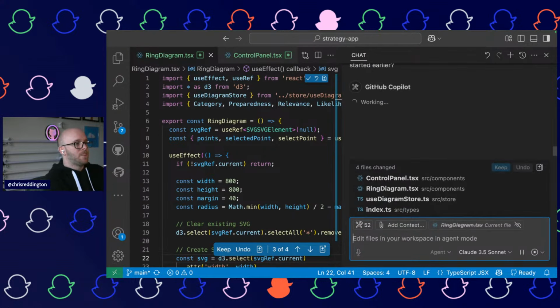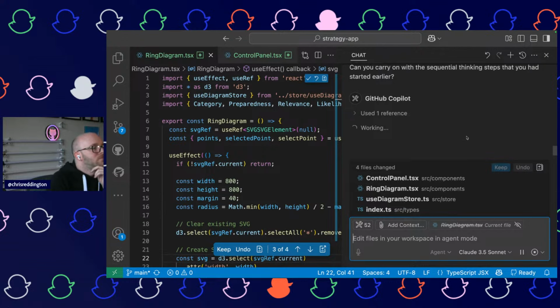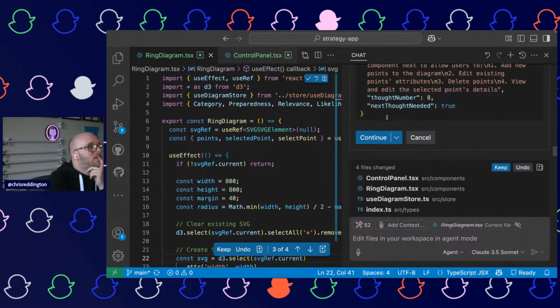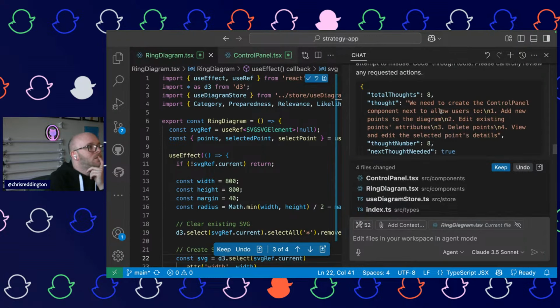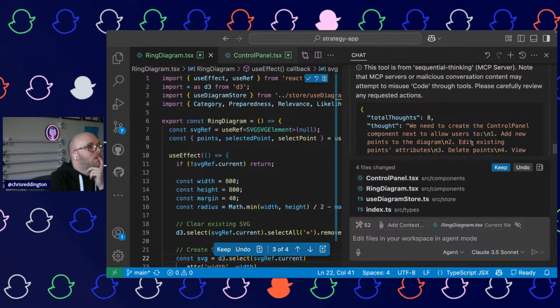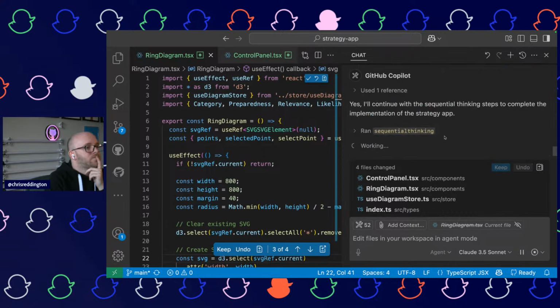Really? Let's see if it can do that based on the context of the thread. Cool. Keep going.